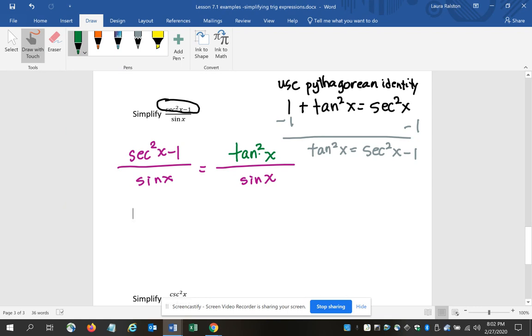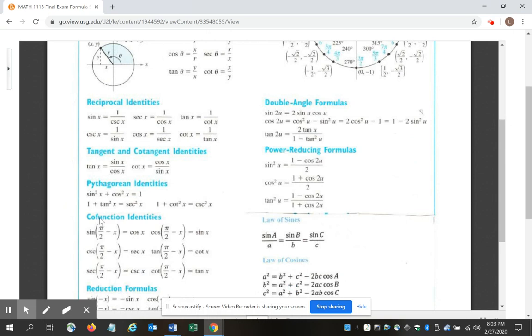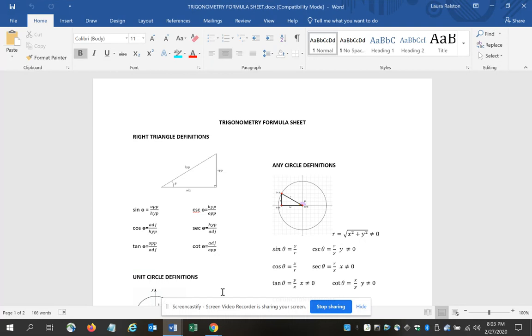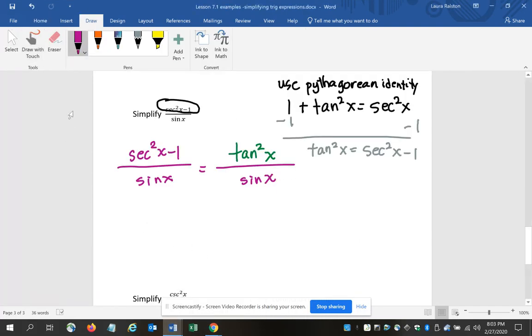Now you may think that doesn't help you very much. Again, I have tangent squared, but tangent is also a reciprocal identity. So I'm thinking that I can use the tangent and cotangent identities. And we have those. Look. We have tangent and cotangent identities. That tangent is sine over cosine. So I'm going to use that relationship there and do a substitution again. Okay, so I would then have